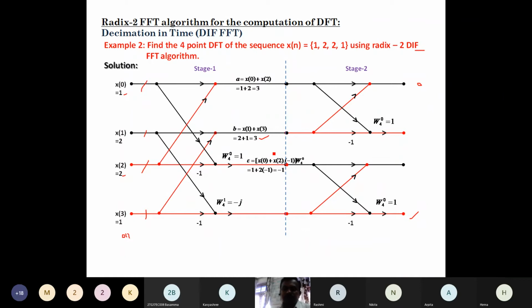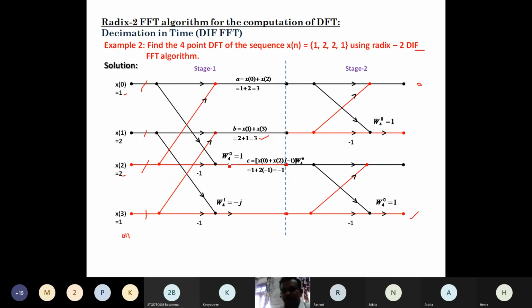Similarly, here the third line is what? It is the bottom line for the first butterfly, which is given by C is equal to the input line, that is x0, first line plus second line. That changes node to node. Moving from x2, at the input x2 is there, so when it comes to the summation point it becomes minus of x2, because it is multiplied with minus 1. So minus x2 into minus 1, and here it is summed up. x0 plus minus of x2 is summed up.